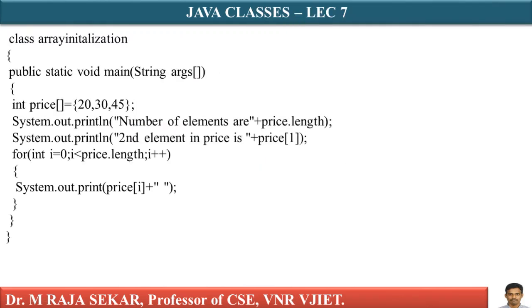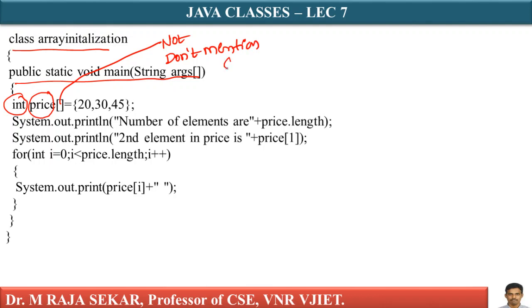Let me discuss one more simple program. What it says here, just observe this carefully. This is again class, class name ArrayInitialization, public static void main. We know the meaning of this one. Anyway, I will demonstrate this one. This one, what it says, int is a data type, price is the array name. Here I must not mention size. You should not. Don't mention size. If you mention size, it will generate an error. Anyway, in the demonstration, we will check. In the context of C programming language, this is optional.